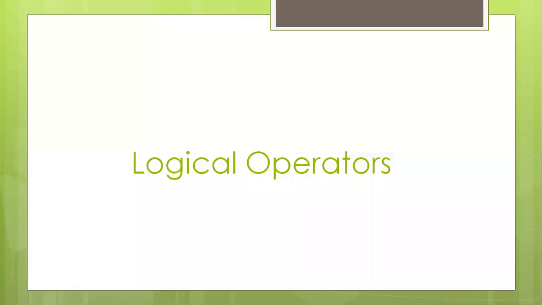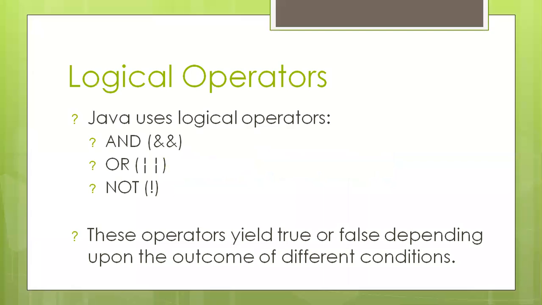Yes, next is logical operators. We have three types of logical operator: and, or, not. This not is the unary operator. There I have given you the example. Not is the unary operator; it just reverses the result. If the result is true, it will give you false. If it is false, then it will give you true. That is all.